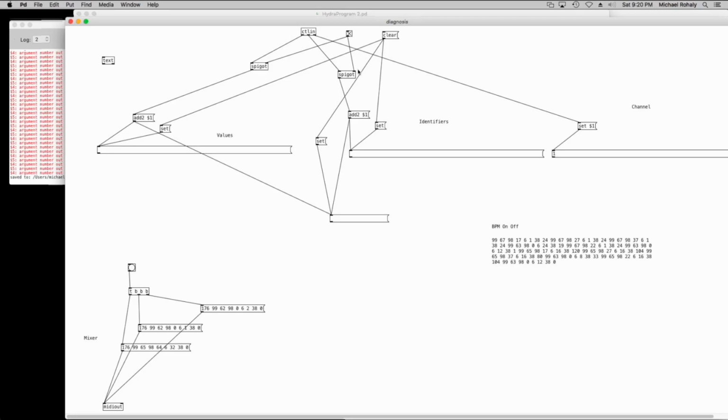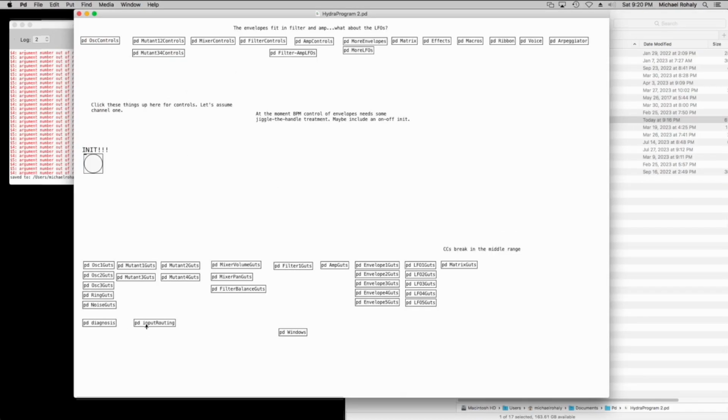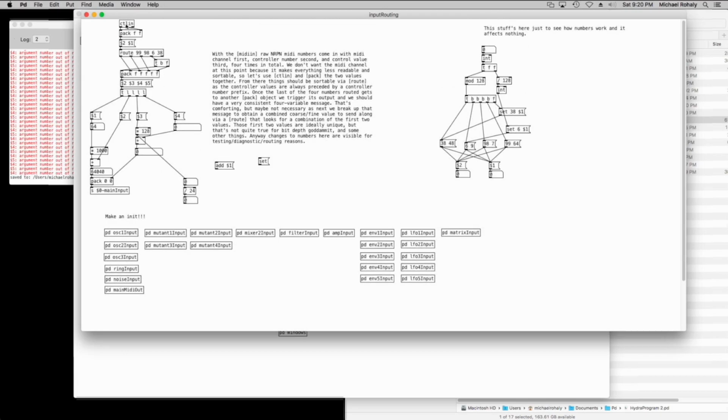Let's show how we route them. So things come in here, and so there's a prefix number of 99. So the number after 99 gets routed to this output, and it goes here. Number after 98 gets routed here, and it goes here. Number after 6 goes to the third slot. Number after 38 goes to the fourth slot. And when the fourth slot is full, we send a bang to the first slot, and out come 4 numbers, which are, let's see, for the